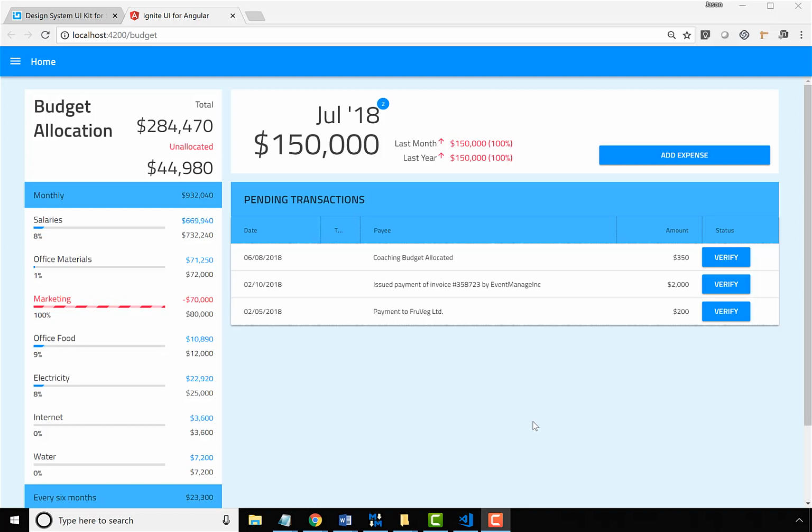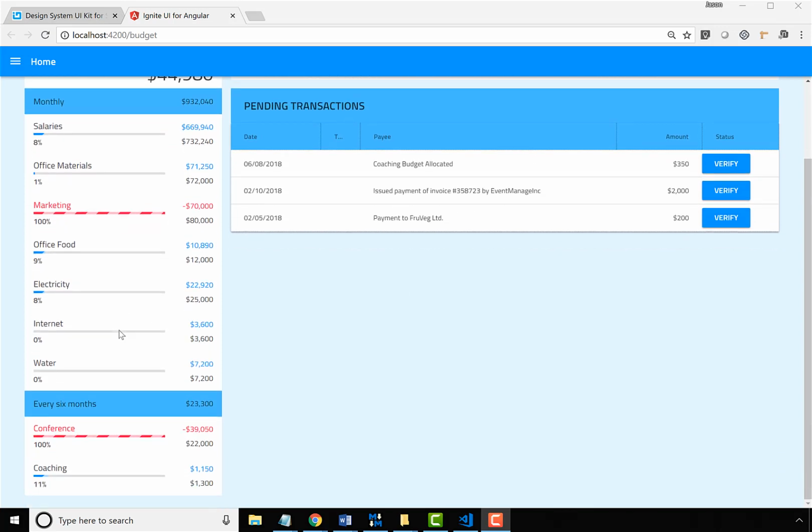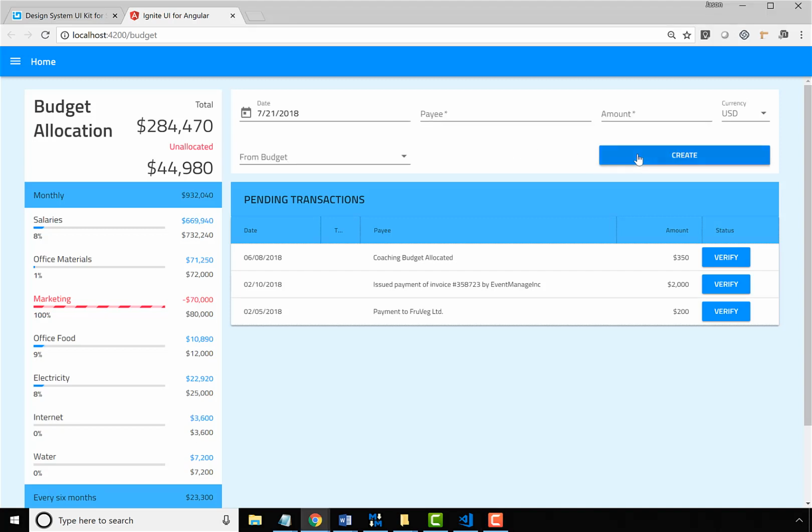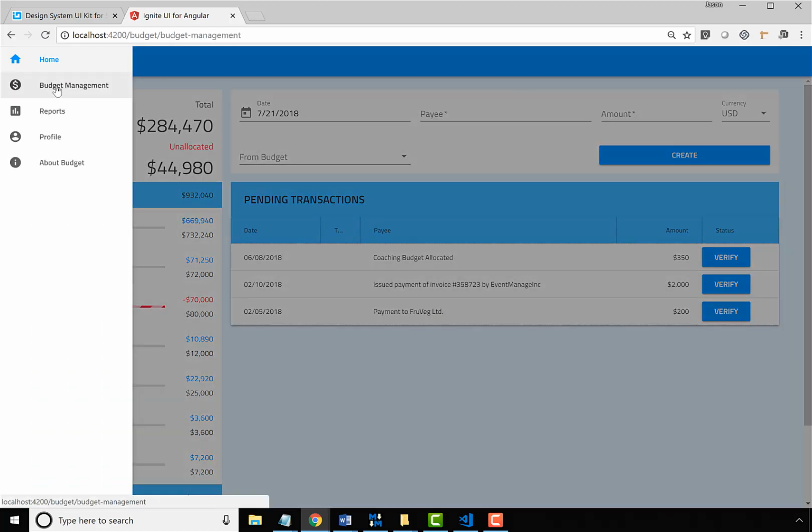Now that the budget app is running, let's take a look and see what features and capabilities we have here. So this is the main screen. It's going to show us our budget allocation on the left with our monthly and every 6-month expenditures. You notice on the right hand side we have $150,000 in expenses, and it's giving us where we're at last month and last year. From this screen you can go ahead and add an expense. You can go ahead and verify expenses, and then from the left hand menu you can also do your budget